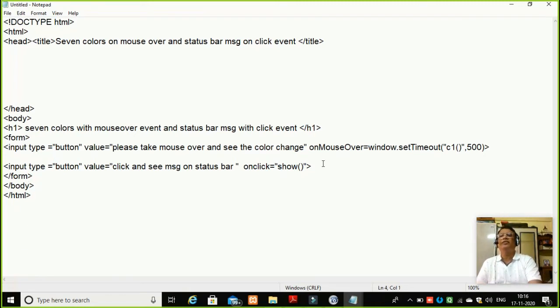Now here I have prepared half the code. Now let us write code in such a manner that I will test a module one by one. So what I will write here is script type equal to text slash JavaScript.